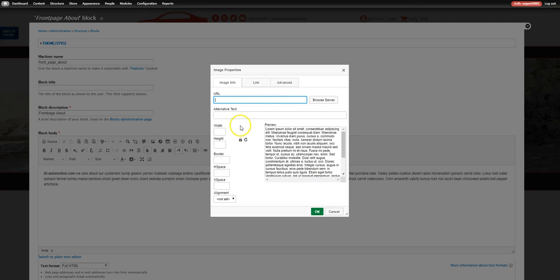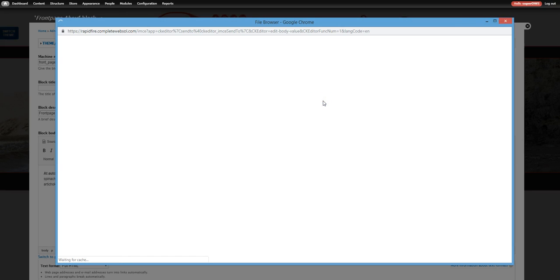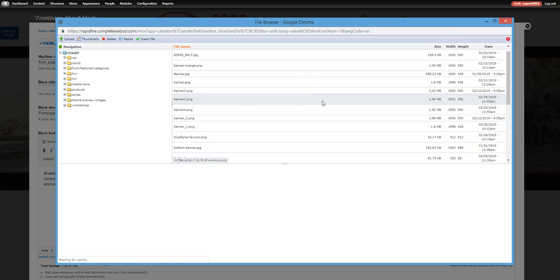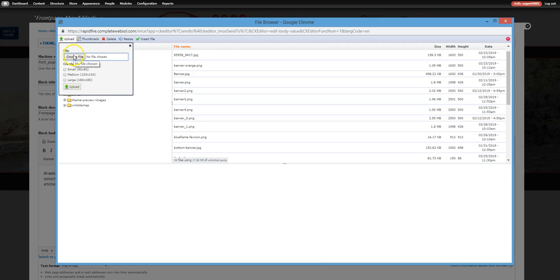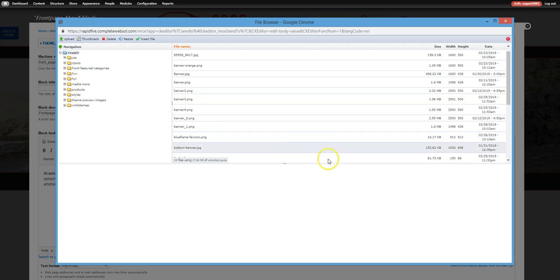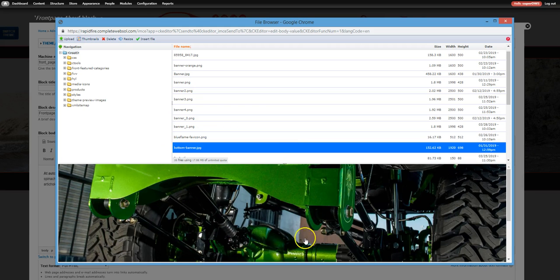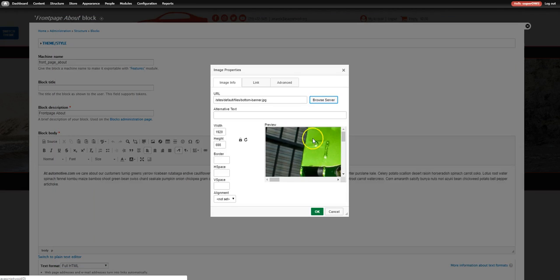You'll get a little dialog box, and then click on Browse Server. And when you click Upload here, choose File. Now when you click this Choose File, you'll have another pop-up that will allow you to actually pick the file from your desktop. And then you'll click on Upload, and it'll pop up in this region right here. You'll get to see it, and then just double click on it,